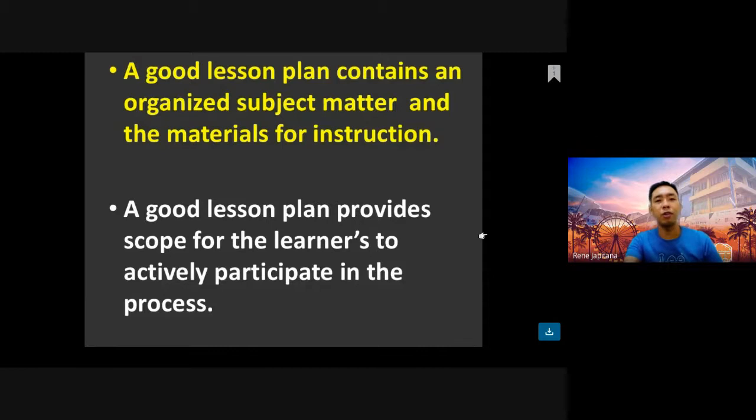A good lesson plan contains an organized subject matter and the materials for instruction. So, what are the teaching materials that they are going to use? Before, it was called teaching materials, but now the term being used today is learning materials, because our primary concern are the learners and not the teacher. Before, it was called teaching materials, because that is a material being used by the teacher. But the main point there is our learners. So instead of using the word teaching materials, we need to use what we call the